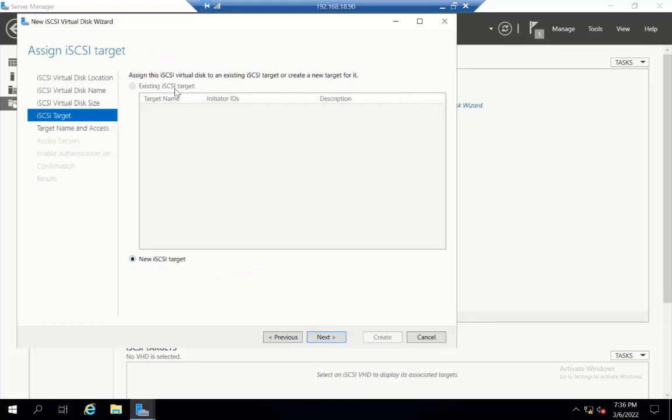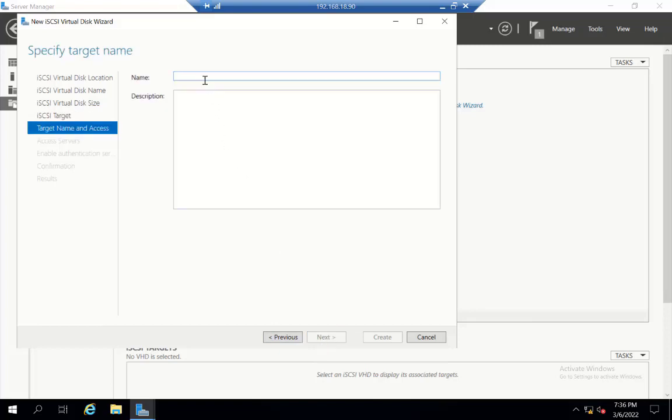I give it a user friendly name, so I call it iSCSI target, and I click on the Next button.